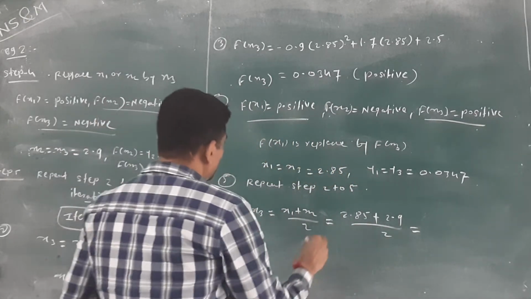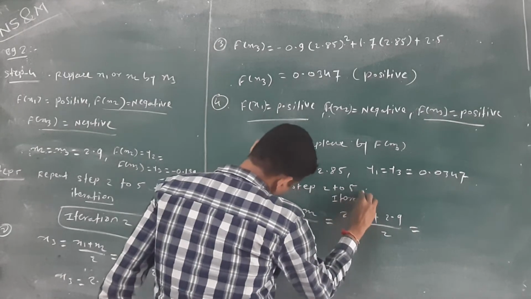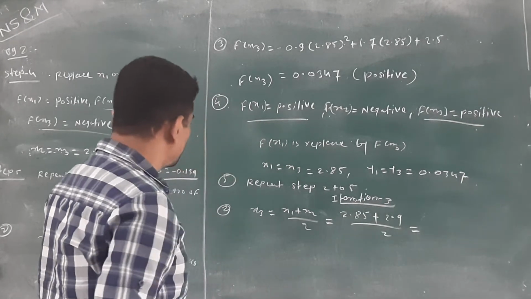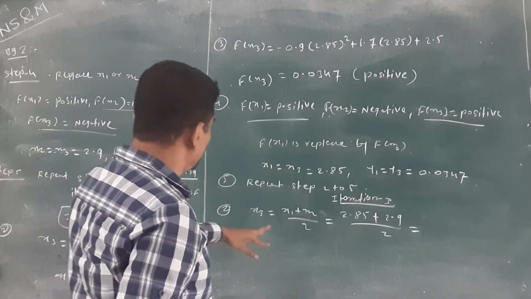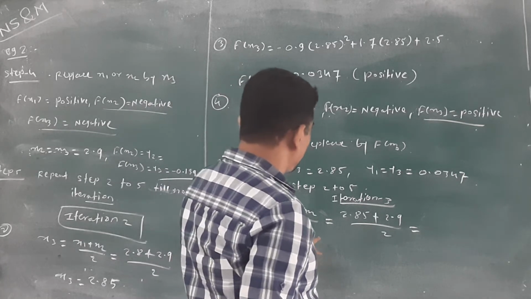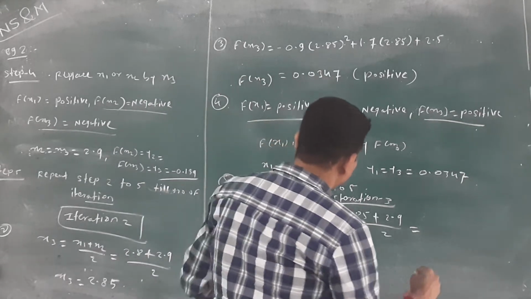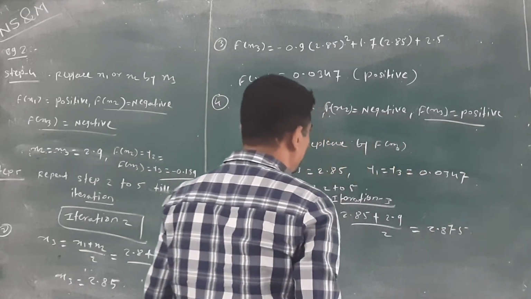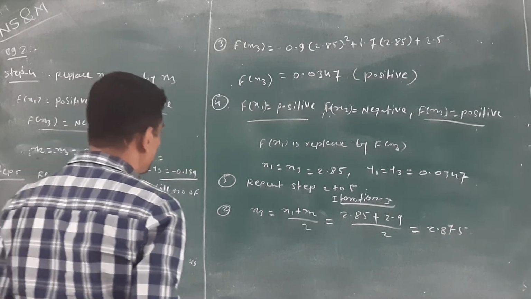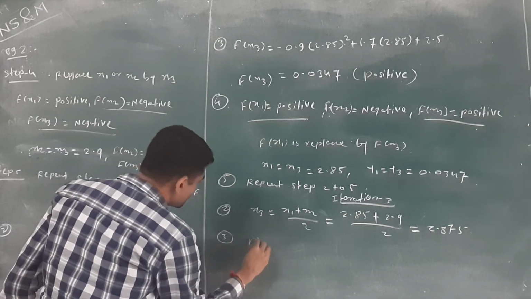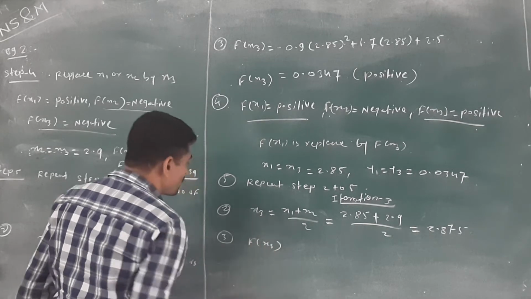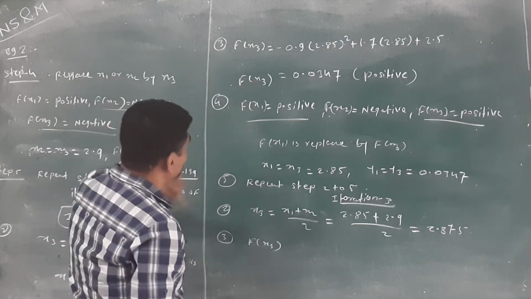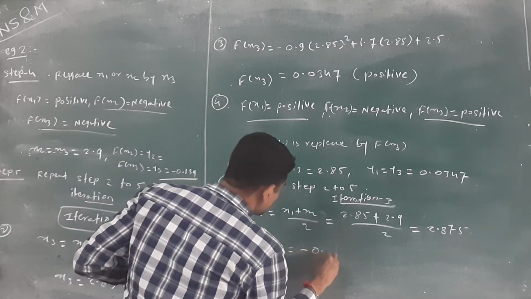This is iteration number 3, the last iteration. Check that x3 is equal to x1 plus x2 divided by 2. Then what is the value of x3? If you calculate it, you will get 2.875. Then step number 3, you have to check f of x3, either positive or negative. We put that value in the equation, minus 0.9